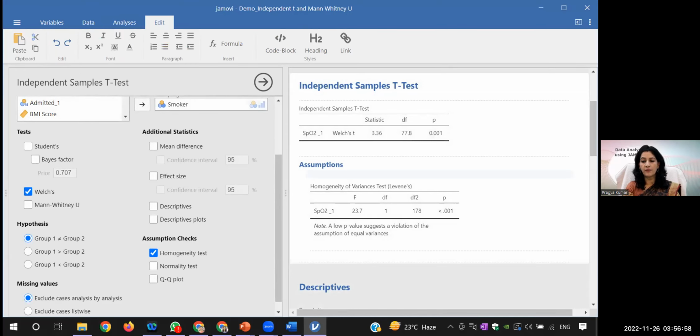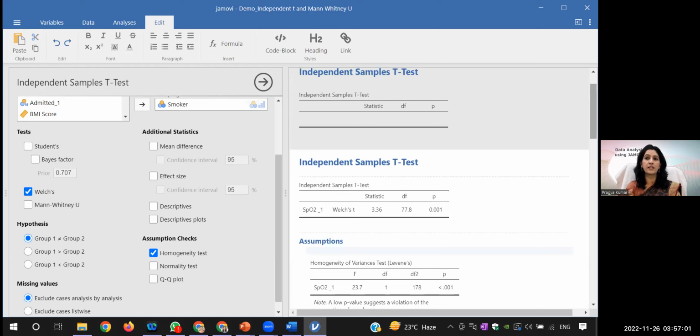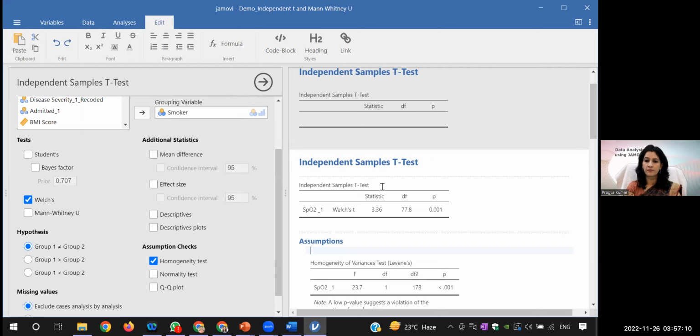So now I have tested for the assumption of normality, and this you have to write. So this I will click this probably. In this case,